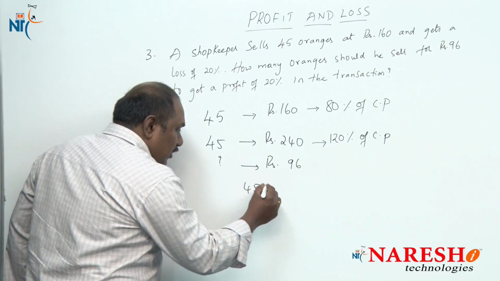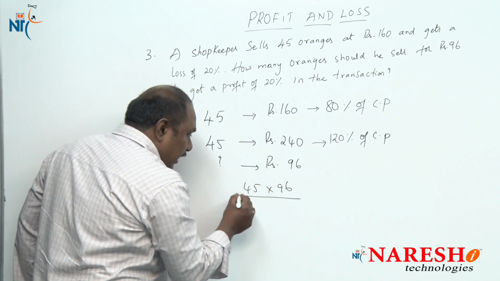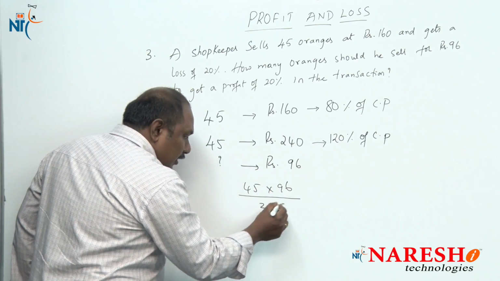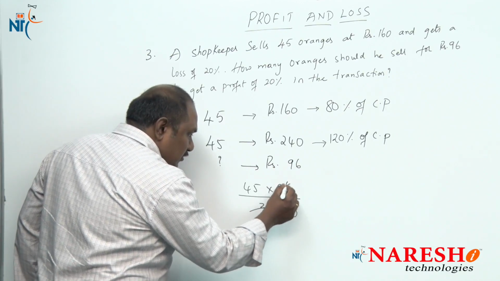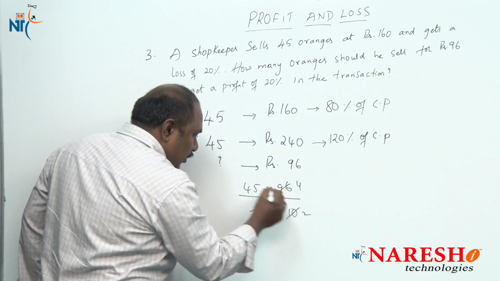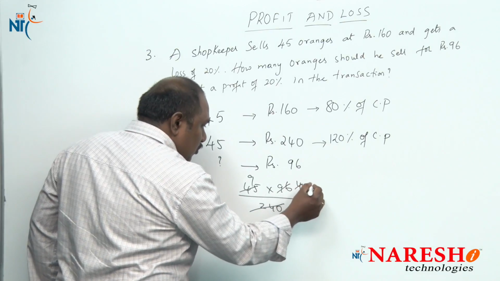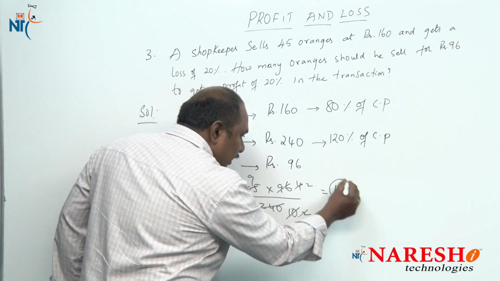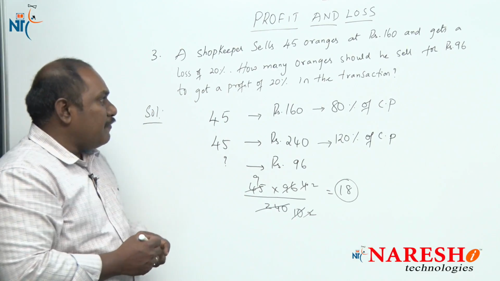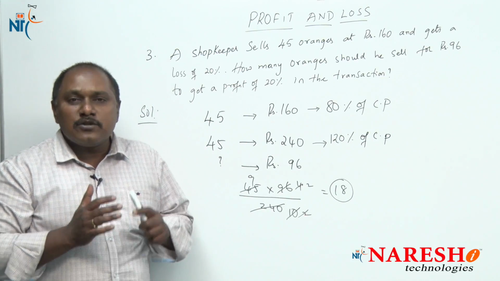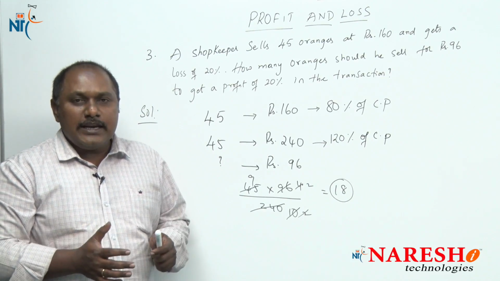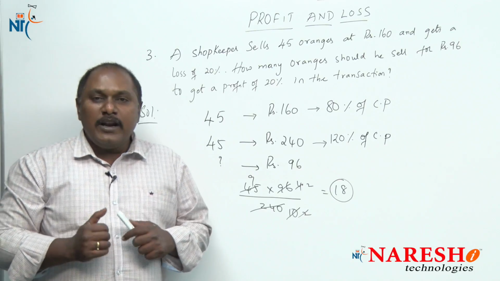So 45 into 96 by 240. Calculating this, 24 tens, 24 fours, 5 twos, 5 nines, 2 twos, 9 into 2, 18 oranges. That means for 96 rupees, the shopkeeper has to sell 18 oranges in order to get a profit of 20%